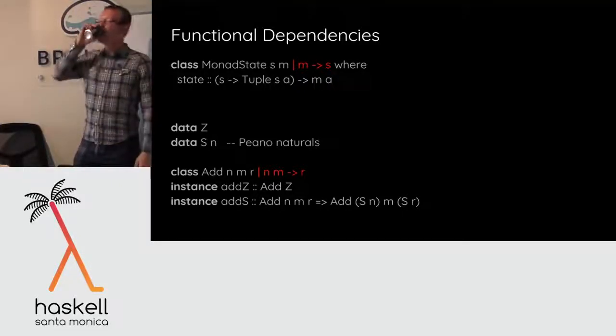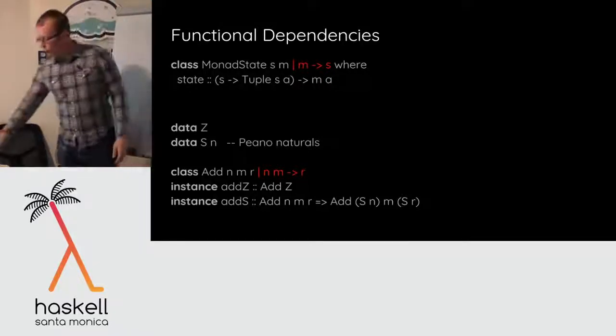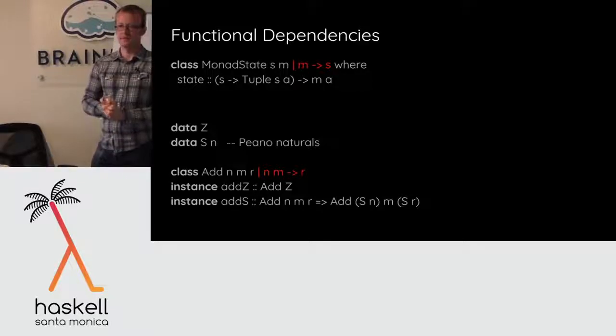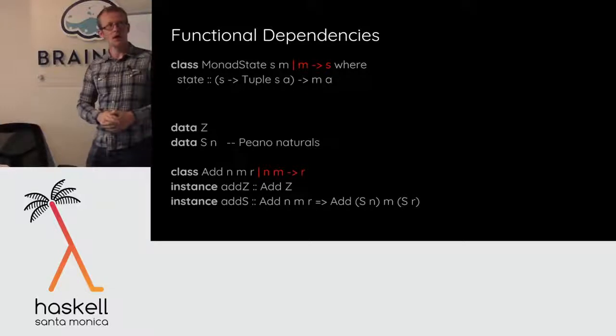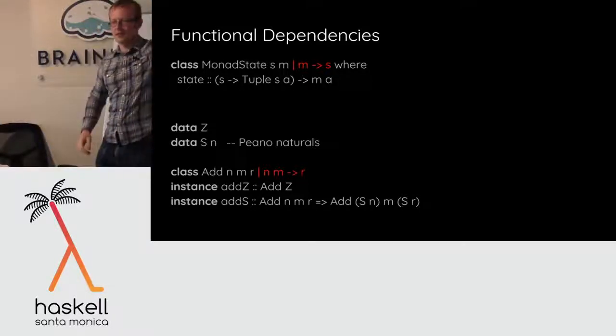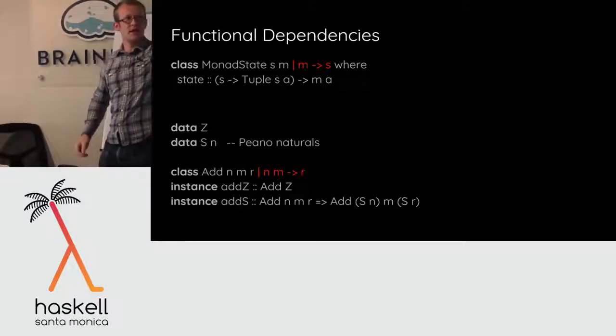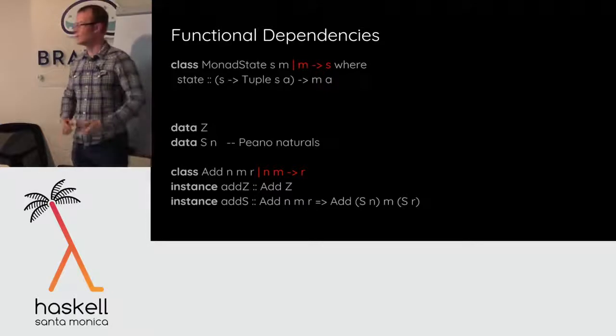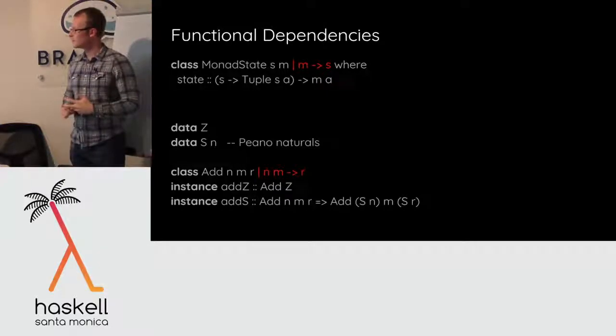Yep. So it's only when you're doing inference that that's the case, right? Because the S comes before the M, you couldn't just give it M without giving it the S. So the order here doesn't matter. The order on the right and the direction of the arrow matters. So this says M determines S. That's for writing this type class instance, right? But if you were going to write an implementer, you'd actually have a particular S in mind. Is that what you're getting at? I guess so.